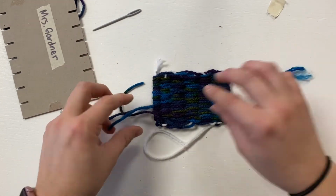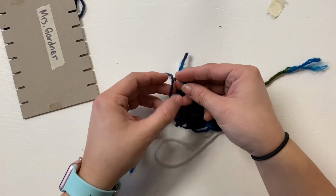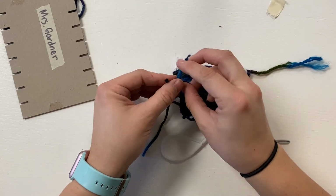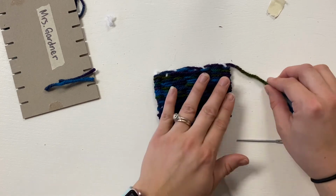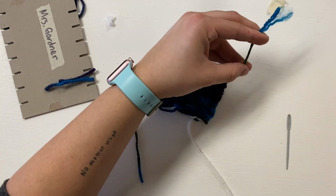Your tails. If you have some that are close to each other, we can tie them off. So these two are right next to each other. I'm just gonna tie them in a knot like you're tying your shoe. Tie it in a double knot so that it stays. See, these aren't really close to each other. So I can